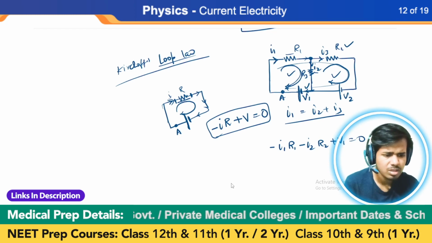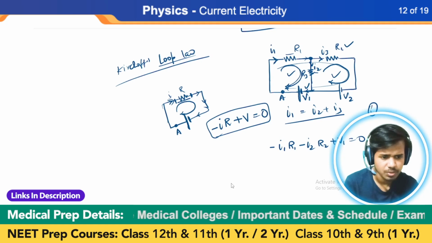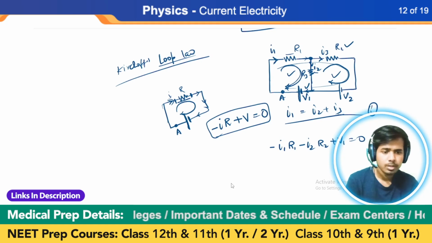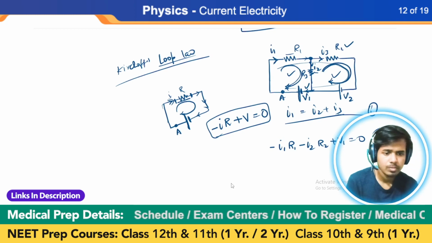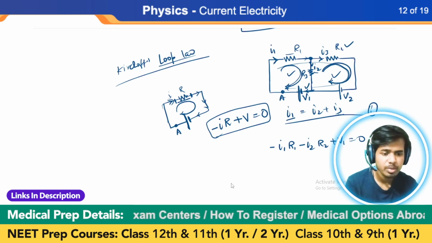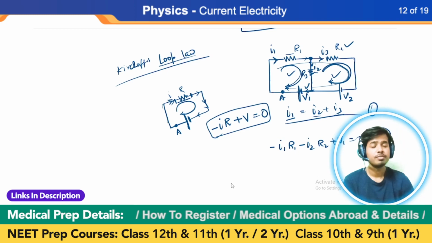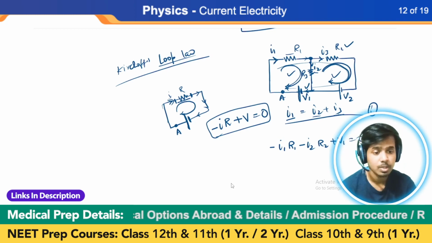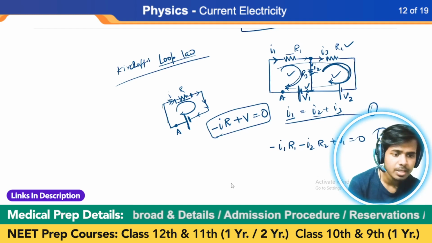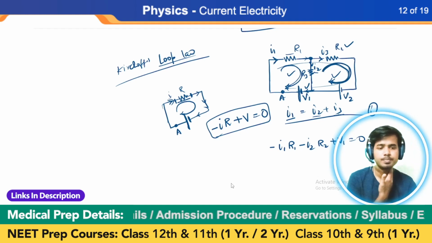I can call it second equation because this is going to be the first equation. The third equation I can write in this fashion. Why? Because there are three variables, I1, I2 and I3. So if there are three variables, I need to have three equations to completely solve each of them. So applying the loop law in the second part,